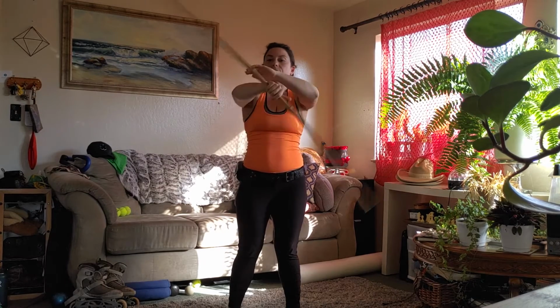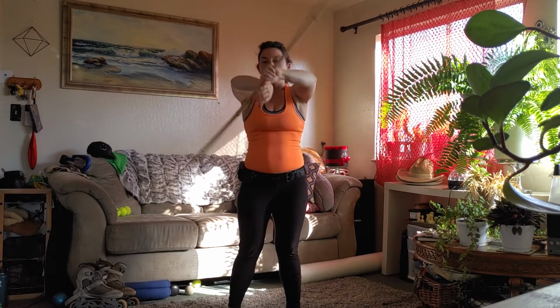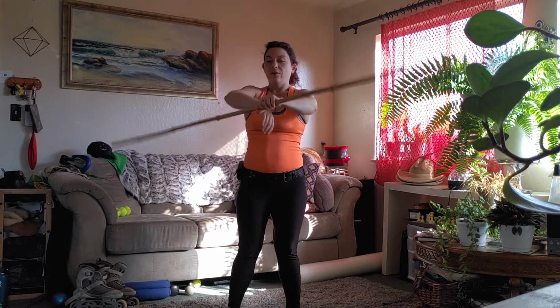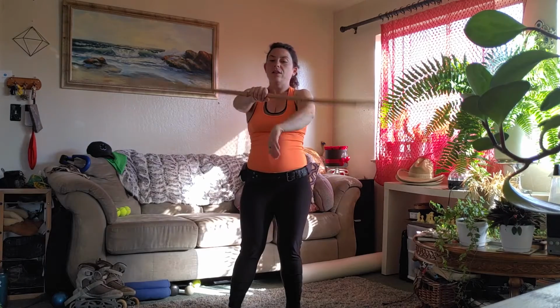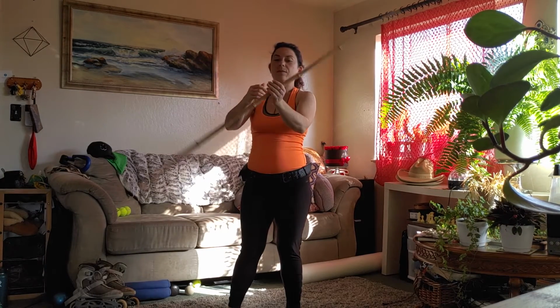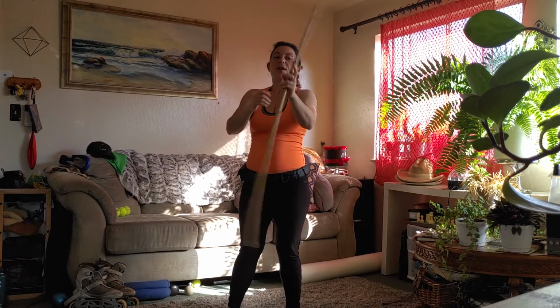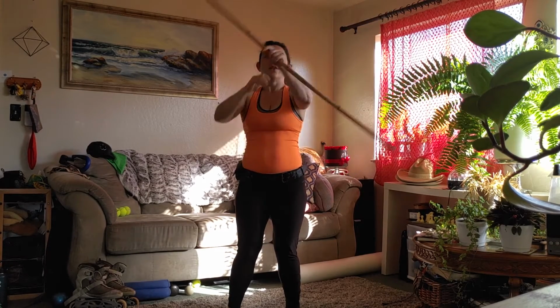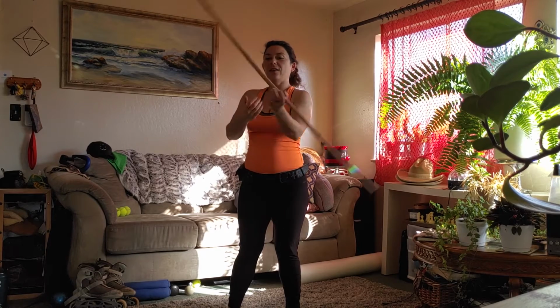One thing that I like to do, once I got this down, basic, thumb to pinky, thumb to thumb. If you go the other way, same thing. Thumb to pinky, thumb to thumb. Like I was saying, when you get that line, you get used to it, it starts speeding up, start incorporating other tricks. I like this move here,